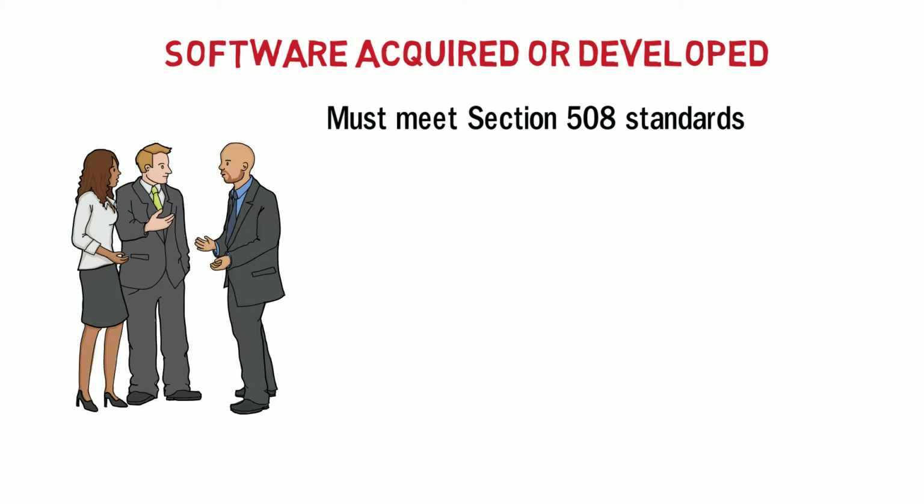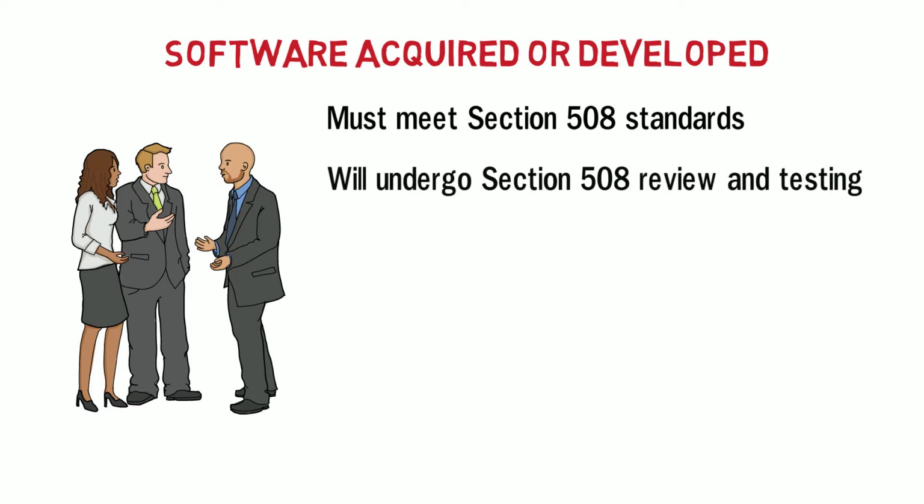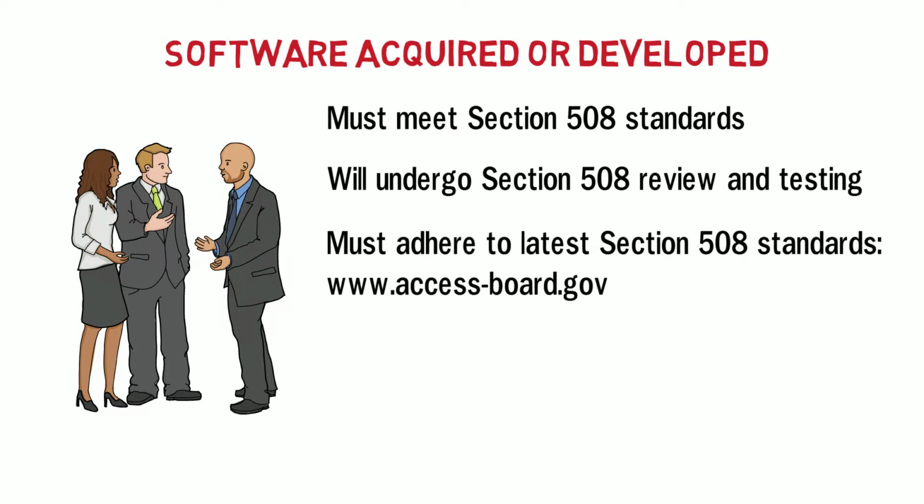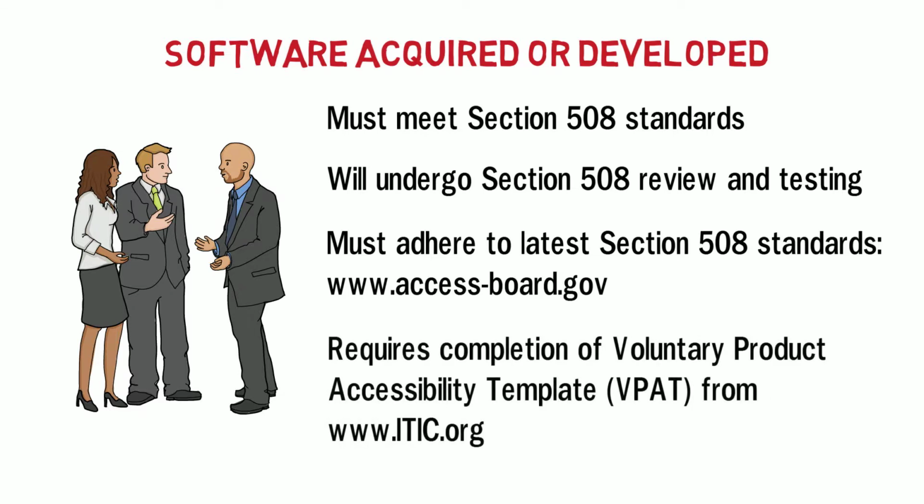All information technology procured or developed under contract must meet applicable Section 508 standards. All applications will undergo Section 508 review and testing to determine if standards are met or if remediation is required. CMS requires adherence to the latest Section 508 standards, which can be found at the United States Access Board website at www.access-board.gov. Completion of the Voluntary Product Accessibility Template, or VPAT, is required and should reflect the most up-to-date version of